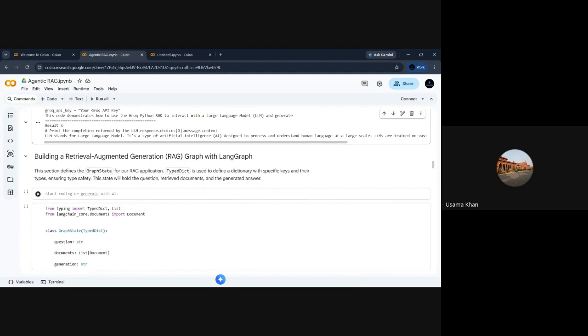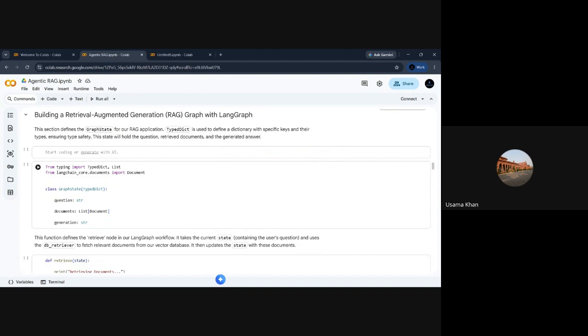Now, test the agentic process. Begin here: the RAG implementation with LangGraph. In this approach, I'm using LangGraph for building the chat, the agentic RAG application. For using LangGraph, we need to